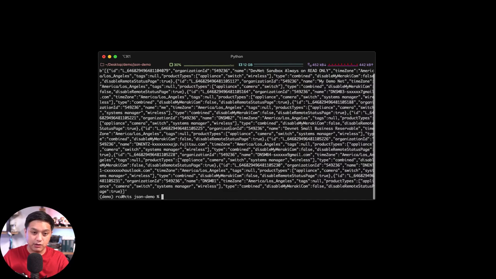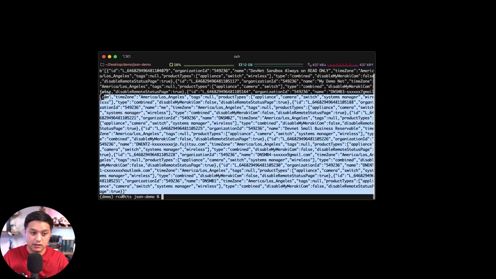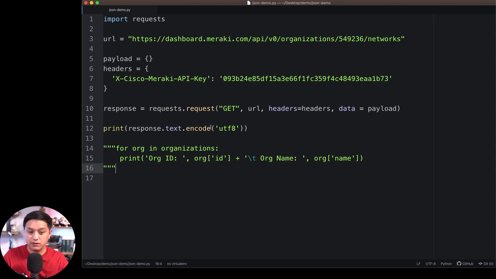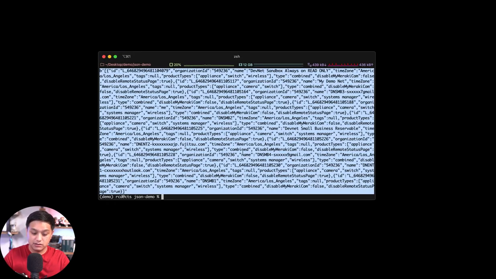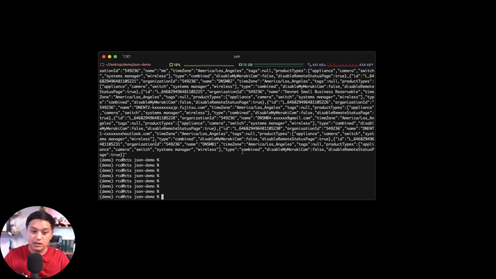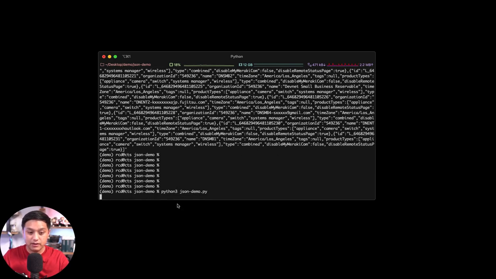We should get a list of all the networks, but it's in this encoded format, UTF-8. But what I really want to do is pass that into another variable. And so we'll call it networks, and we will do, again, json.loads on that response text. And so if we do print type networks like this, we should be able to see what type of data is stored there. And it is